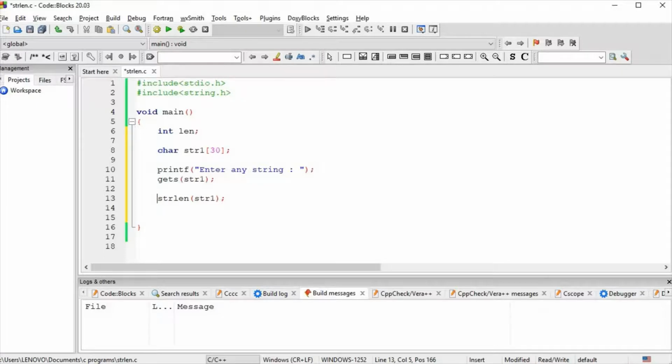So we store this length, or integer value, in this len variable.